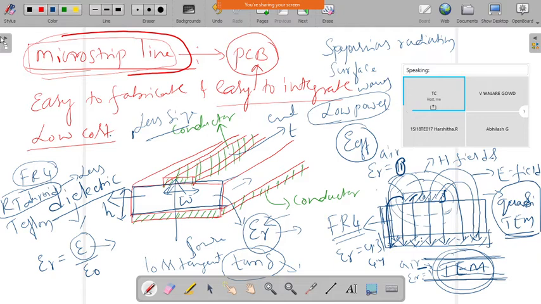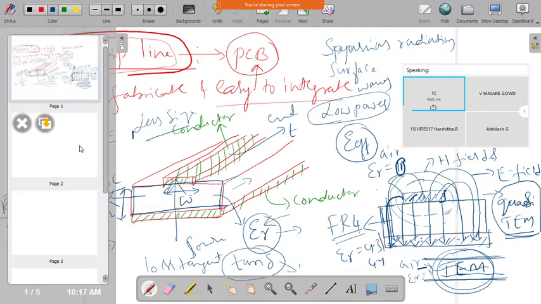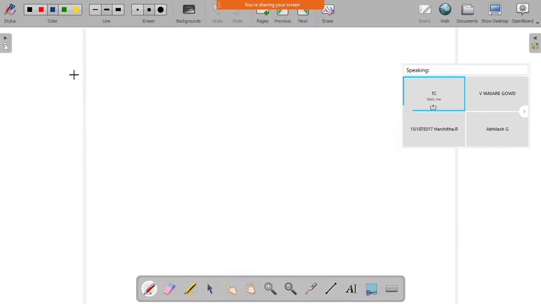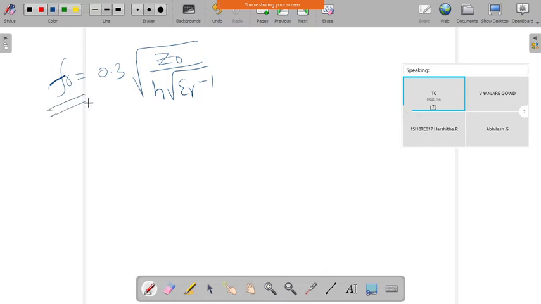So, for example, we can define the cutoff frequency as f naught, which can be defined in terms of the characteristic impedance of the line, Z naught, the thickness of the dielectric, H, and the dielectric constant. This is how the cutoff frequency can be defined for a microstrip line, where H is the thickness of the dielectric,